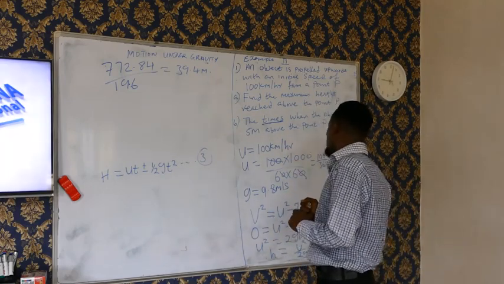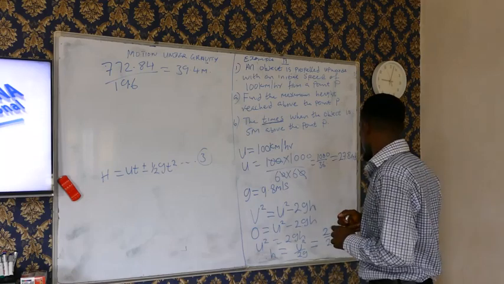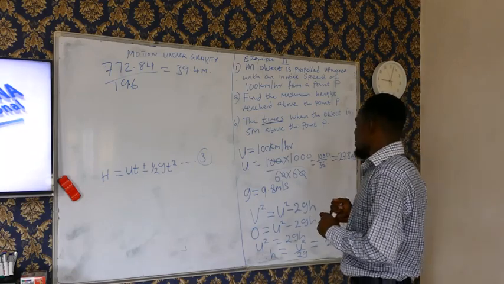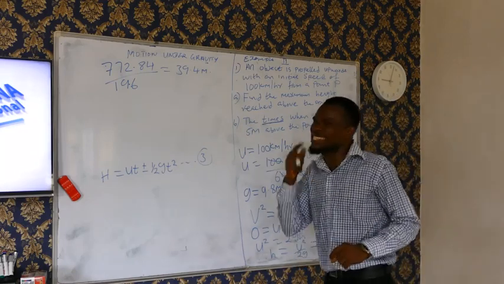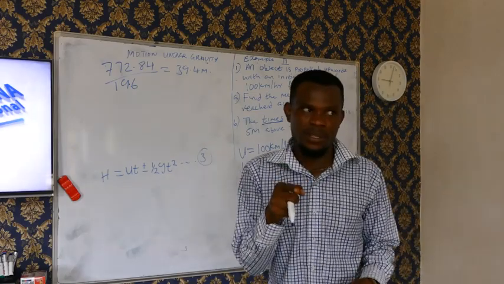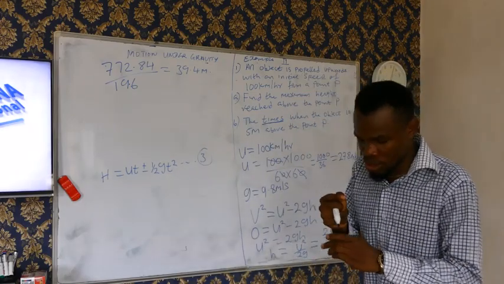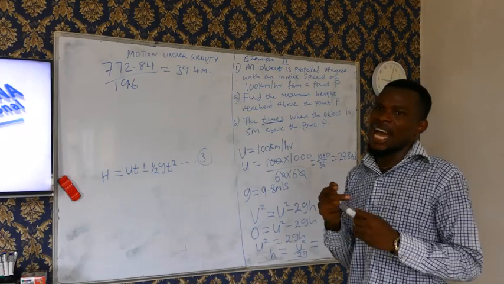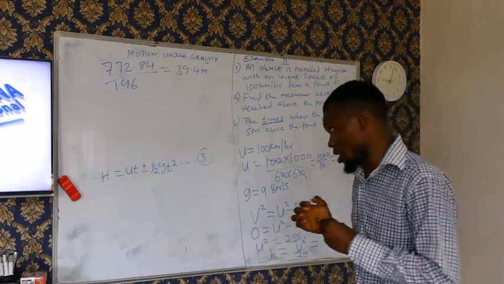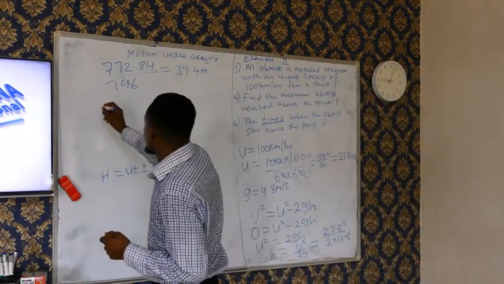Of all the equations that have distance, the only equation that has distance and time as well, from equation 1 to 3, is equation 3, which says